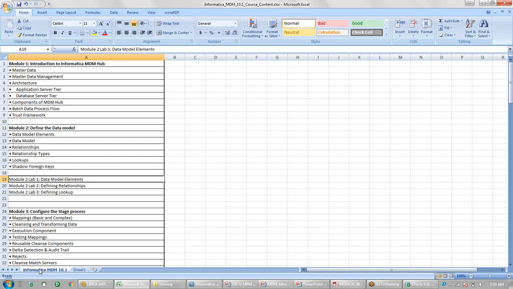As a convention, as part of the lab, you will be creating one landing table per source system. If you have a CRM system and a sales system, you will create one landing table for CRM, and one for the sales system.